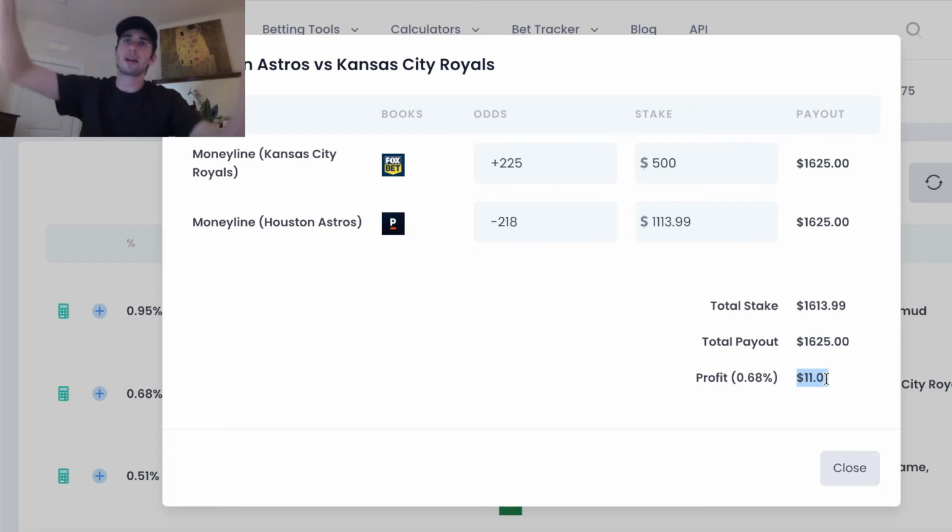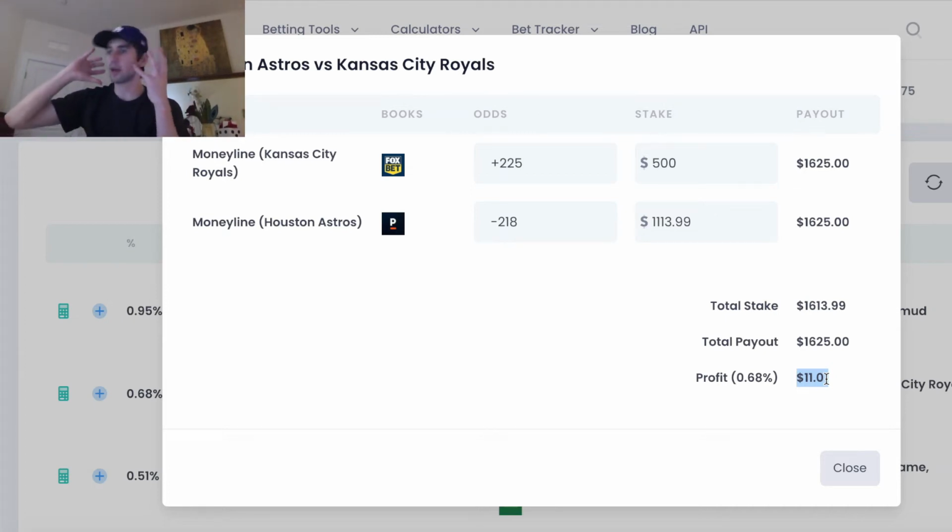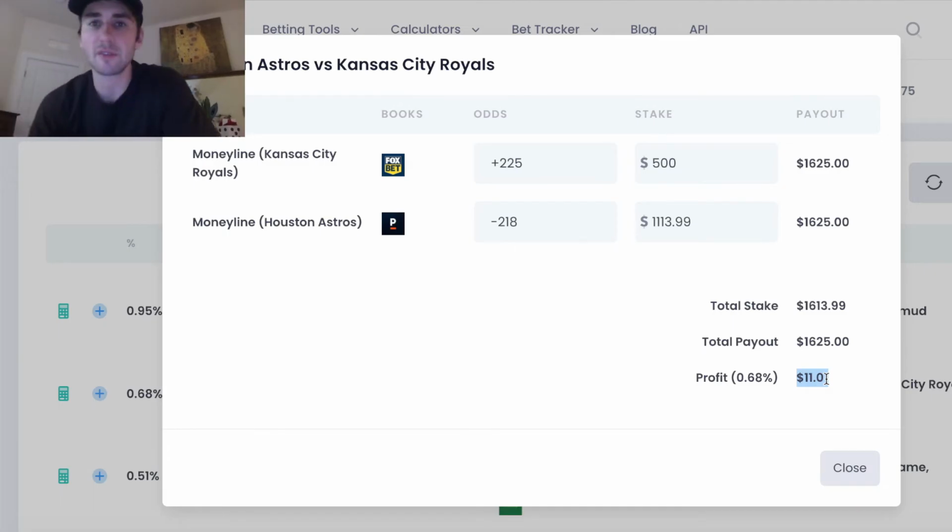When a player gets injured and lines start to jump around, then there may be some of the best arbitrage opportunities. Or sometimes it's when football markets are first posted for the upcoming week. As books start to post player props, there may be big market discrepancies that you can jump in on and take advantage of. So again, you never know when the best arbs are going to occur, which makes sports betting exciting.